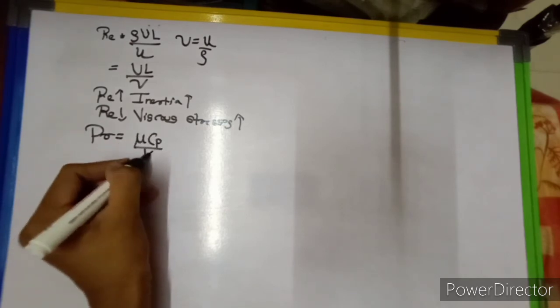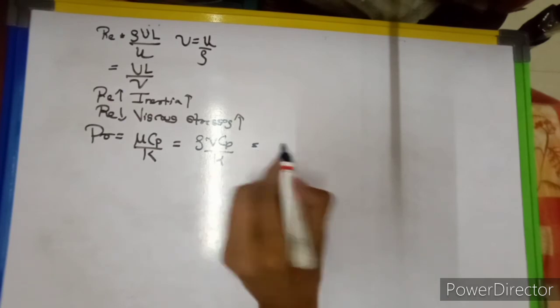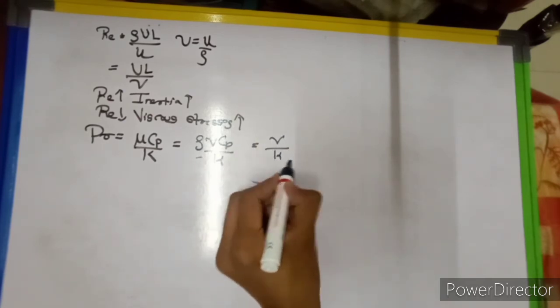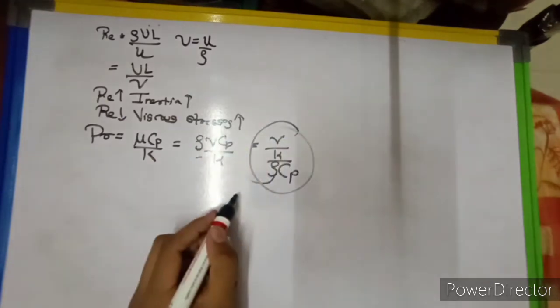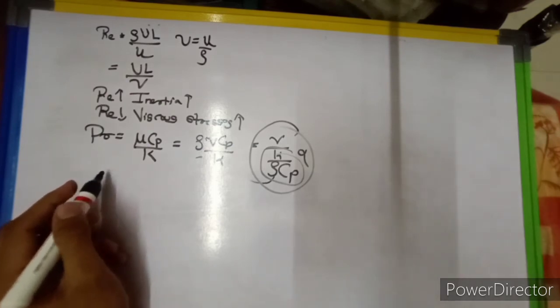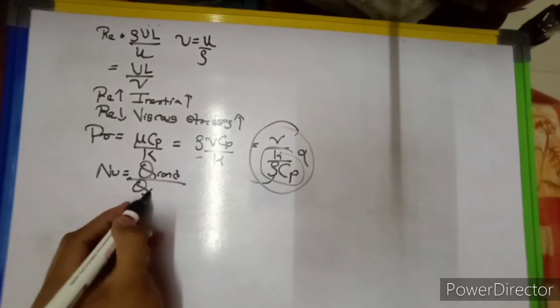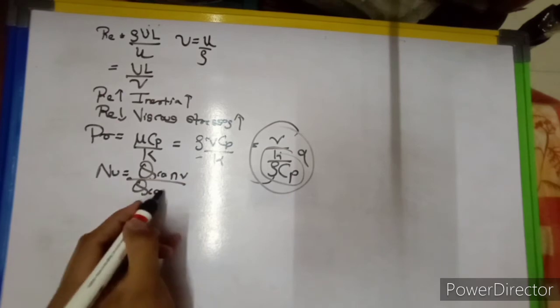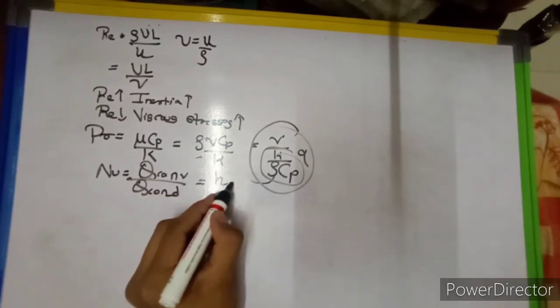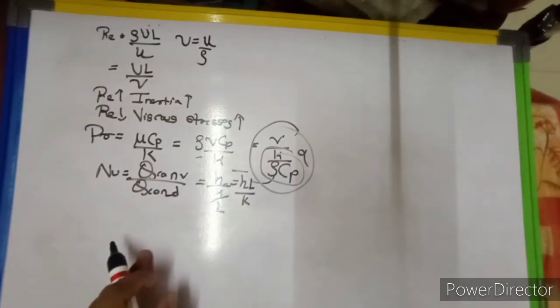Now the Prandtl number is mu Cp by K. What is mu? Rho nu. So Cp by K, so nu by K upon rho Cp. We have studied in conductive heat transfer that K by rho Cp is alpha, the thermal diffusivity constant. Now the Nusselt number is nothing but the ratio of convective heat transfer upon conductive heat transfer. So h upon K by L, hL by K, h bar L by K more precisely.